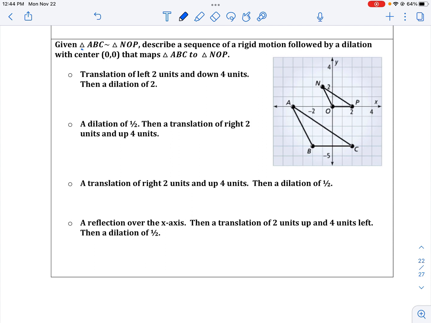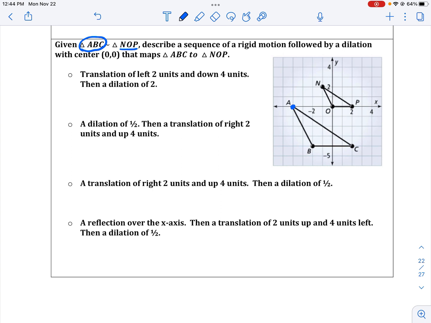Since triangle ABC is listed first, that is my original. The triangle listed second is my image. So I'm going to follow these multiple choice steps and see which one of them takes my original shape to my image. So a translation of left 2 units, and just like we did with congruent figures, we only need to pick one point. So point A will map to point N. So all the moves I'm going to do is just with point A. So 2 units to the left